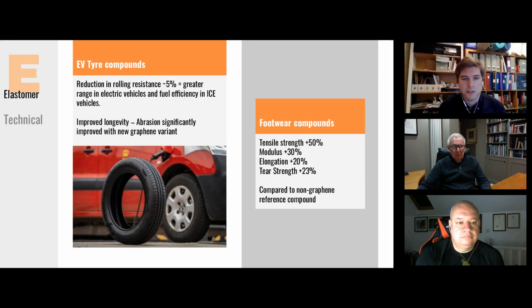So it's finding the right balance between the type of graphene, the chemistry of the graphene, and how that interacts with these rubber compounds and other additives. So they're very, very complex formulations. And again, in the footwear, using different types of graphene, you can get a whole host of benefits, significant improvements in tensile strength and modulus, and also at the same time improving the elongation and tear strength. So having a much more robust compound that will last longer and keep the customers happy, and again have a much less environmental impact down the line.